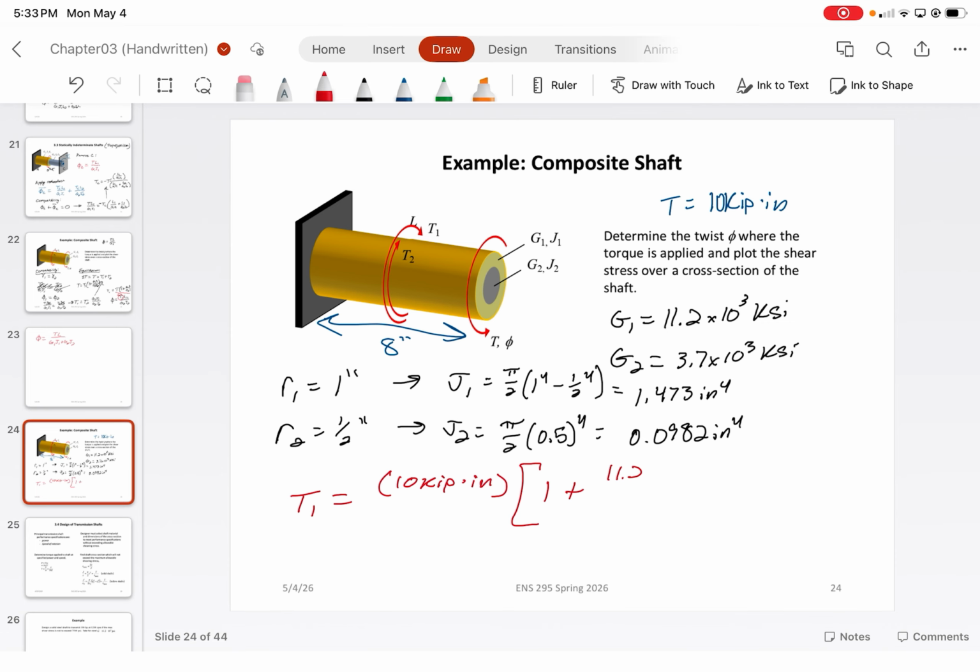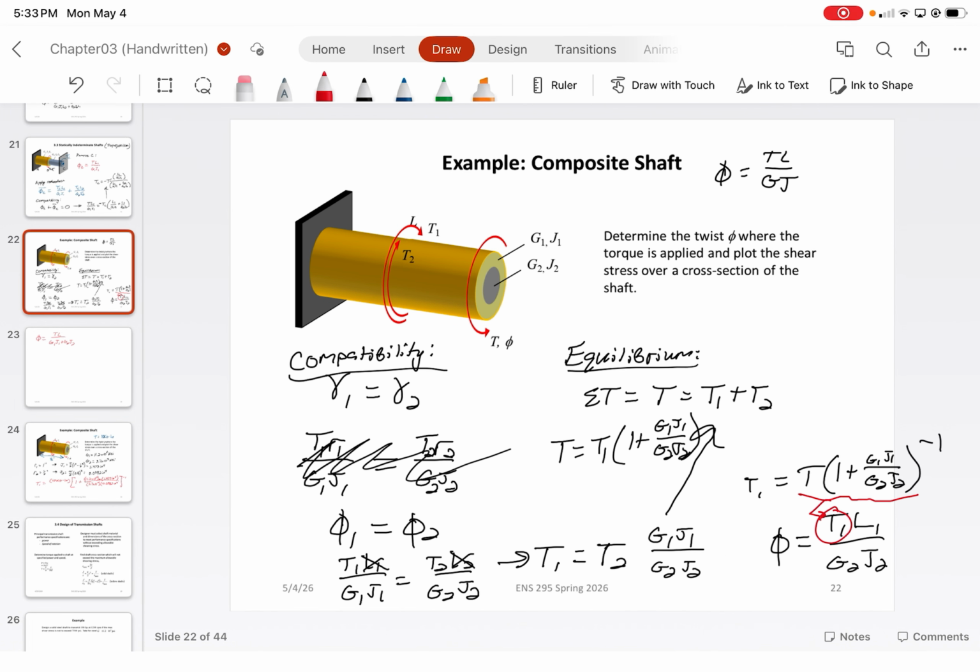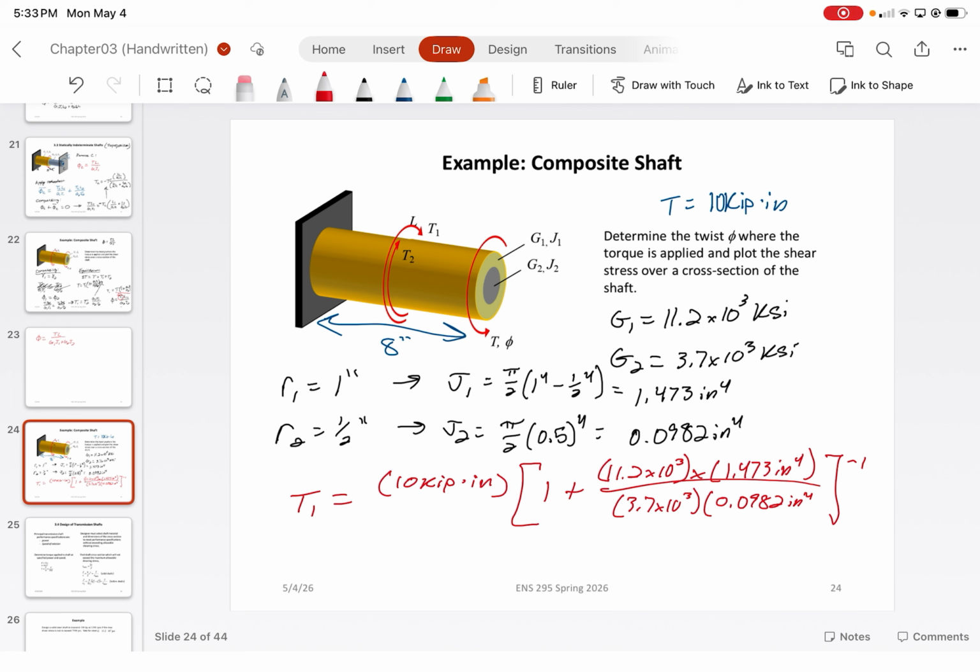So G1 is 11.2 times 10 to the 3 times J1, which is 1.473 inches to the 4th, over G2, 3.7 times 10 to the 3 times 0.0982 inches to the 4th. And that's all to the -1. All right, so we plug all that in. What we get